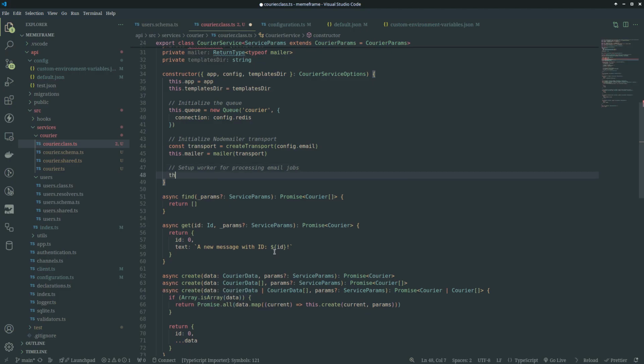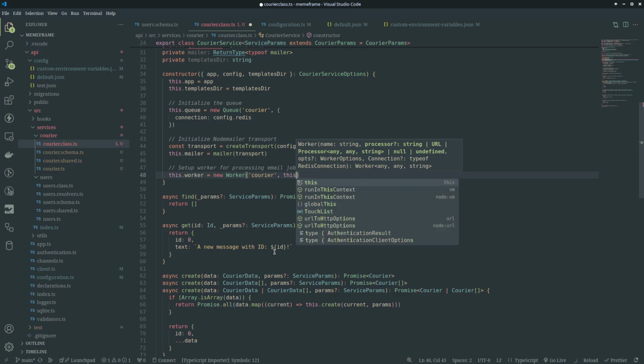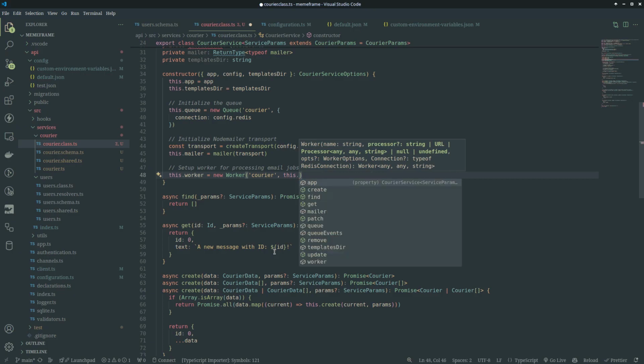So I can just do this dot worker, set it to the new worker instance, give it a name, same queue, and then we could decide to do it this way, or we could decide to pass the job this way, or we can just simply do this dot